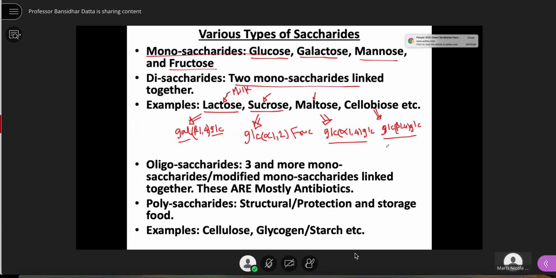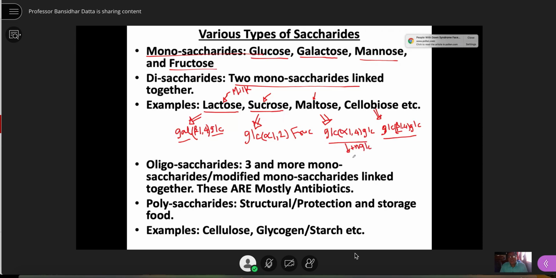One has beta and one has alpha. So basically, maltose links the 2 glucose via alpha. Yes or no? Yes. And cellulose links the 2 glucose via beta anomer. Remember the anomer, alpha anomer, beta anomer, right? So now, if you continue this one, add n number of glucose, n could be